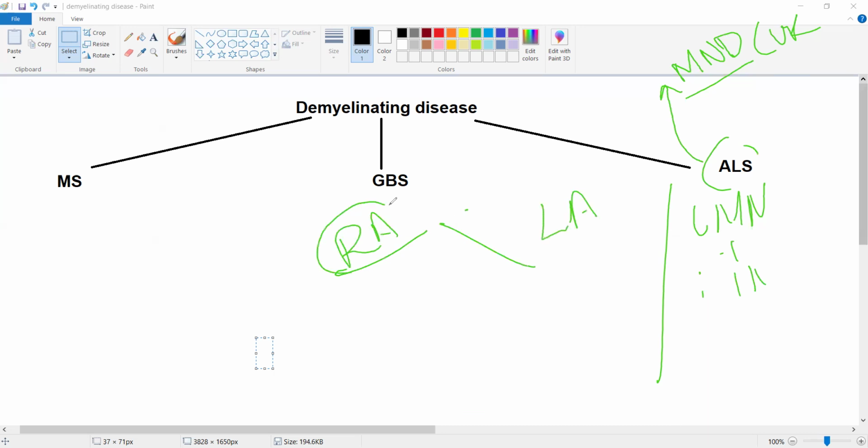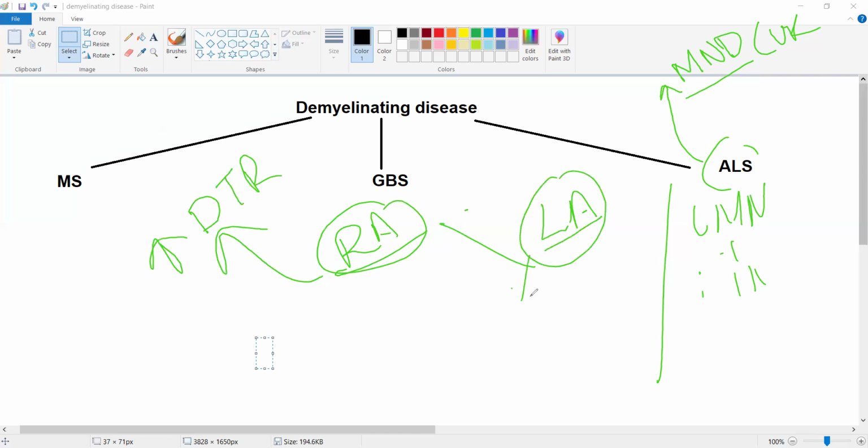On the right arm, there are increased deep tendon reflexes, right? While on the left arm,